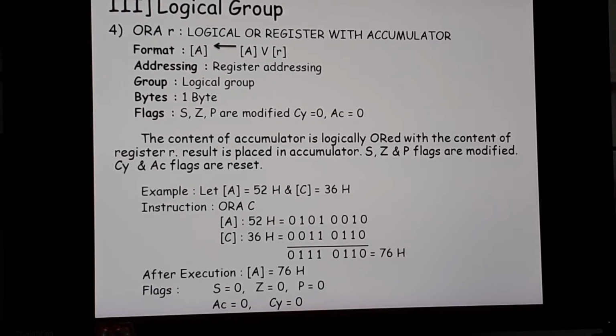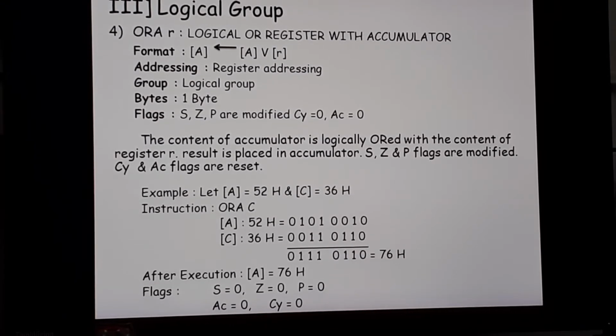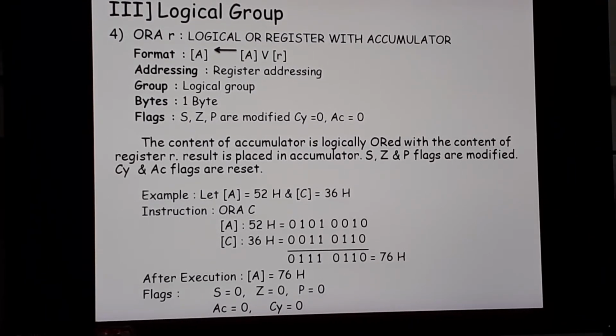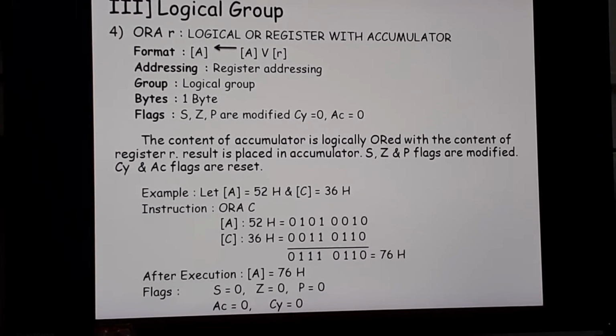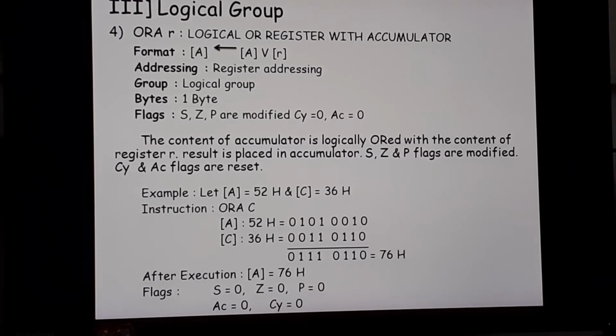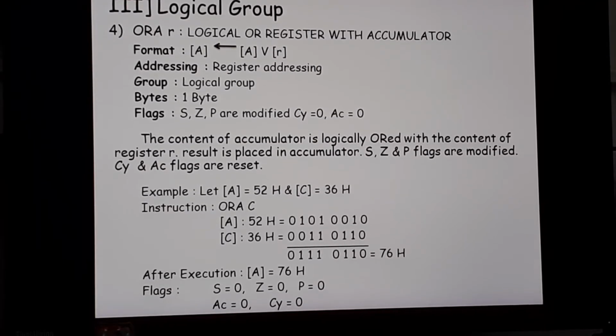And for the answer of the OR instruction, the OR gate, you need to go back to 11th standard and revise the OR operation. Okay, so 0 OR 0 is 0, 1 OR 1 is 1, 0 OR 1 is also 1, and 1 OR 0 is also 1 here. So this is the answer for OR operation. I'll be revising: 0 OR 0 is always 0, and if one of the inputs is 1, the answer is always 1 in the OR operation. So the answer that I got for these two binary numbers after ORing is 76H.